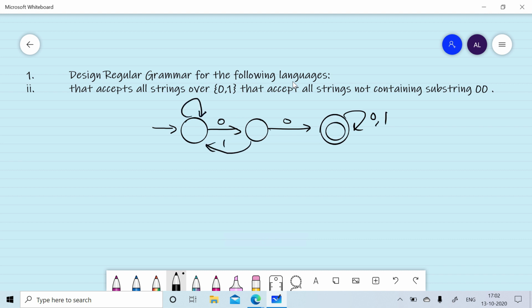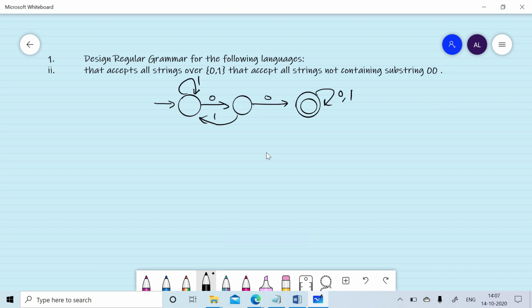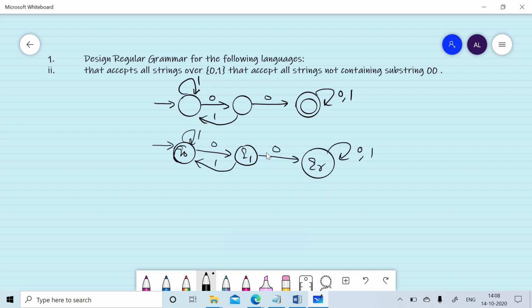So this will be the DFA for accepting all strings having substring 00. If we change the final states into non-final states, we will get a DFA that accepts all strings not containing substring 00. So let's call the states Q0, Q1, and suppose the last one is the rejected state QR. Now Q0 and Q1 will become the final states.